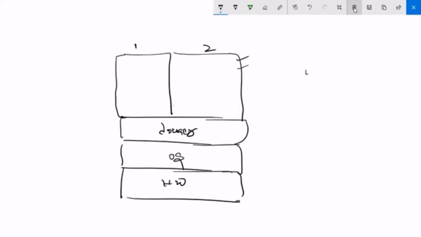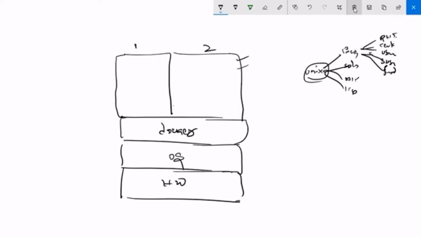If you take Unix, initially we have discussed Unix and its flavors. So Linux, Solaris, AIX from IBM, and HP-UX, like this, so many operating systems. In Linux, Red Hat Enterprise Linux, CentOS, Ubuntu, SUSE Linux, Fedora, like this. So what I said here is that the core OS is the same, right? These are multiple flavors or multiple versions. That means Linus Torvalds took Unix, which was already there.